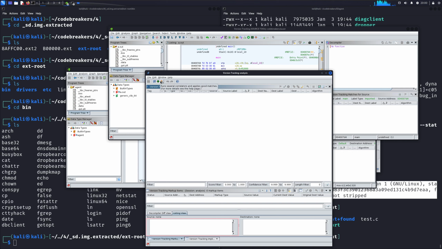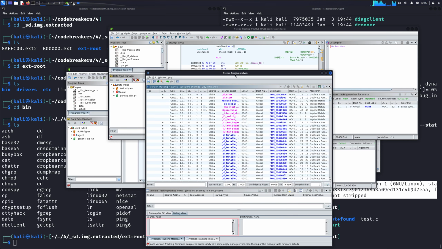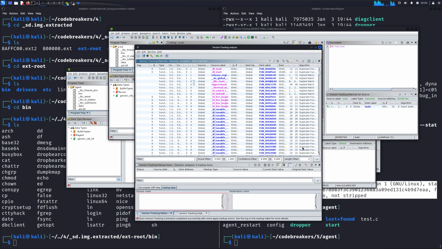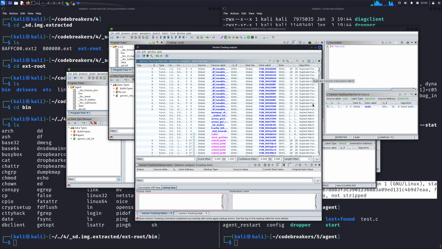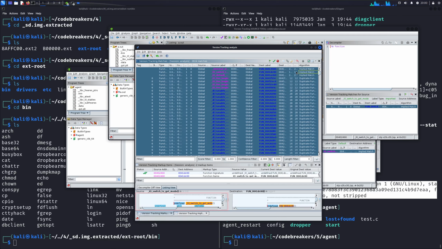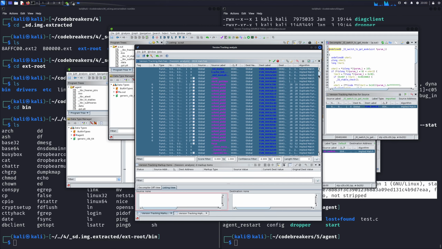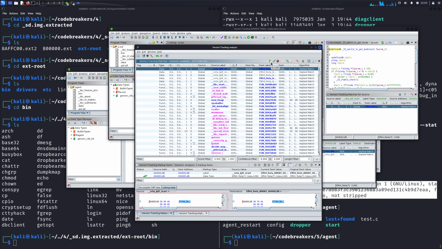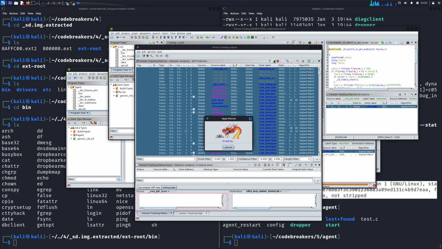Let's go and run the correlator. So now it's going to go through and kind of correlate the functions. And it looks like we have a couple of matches by implied match, duplicate functions, all of that stuff. Is there a way to just say all of them? So probably not the best way to do this is to highlight them all and just say accept. But I'm going to do it anyways. And if we then click all of them again and do apply markup,